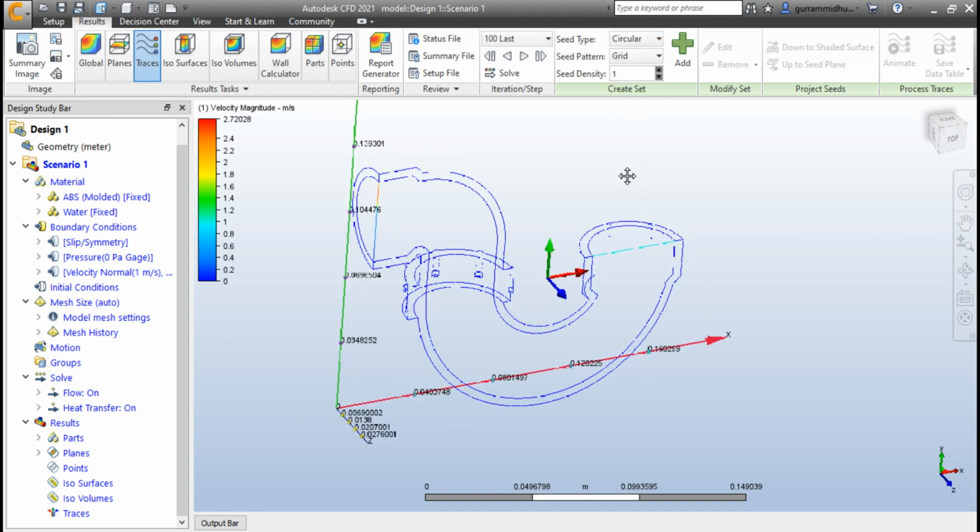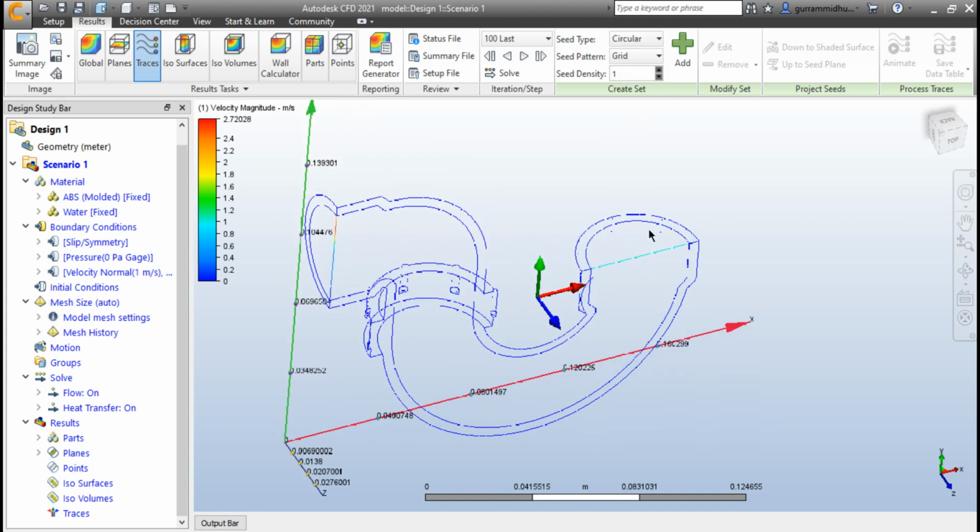I'm setting this because the section in here is circular, and the seed pattern to grid and the seed density to be 2. As the density increases, the number of seeds that are going to be visualized will decrease. As the seed density decreases, the number of seeds that are going to be visualized will increase.